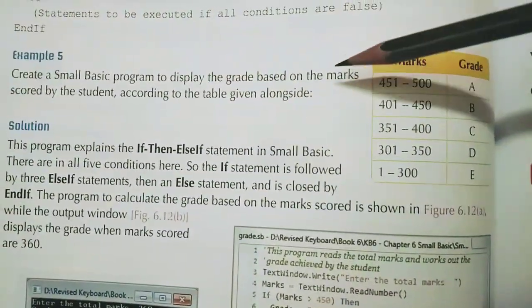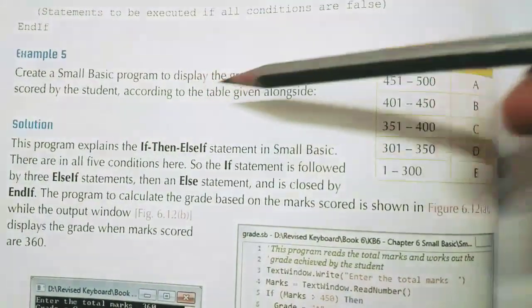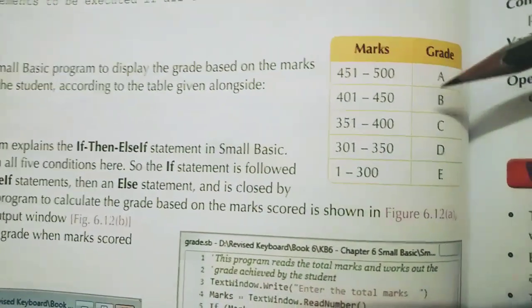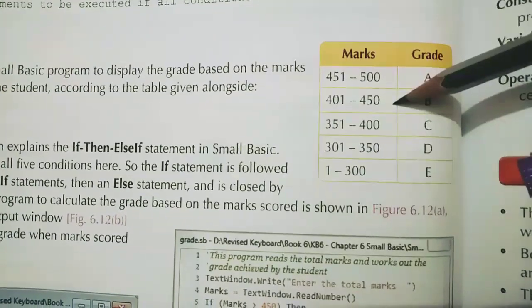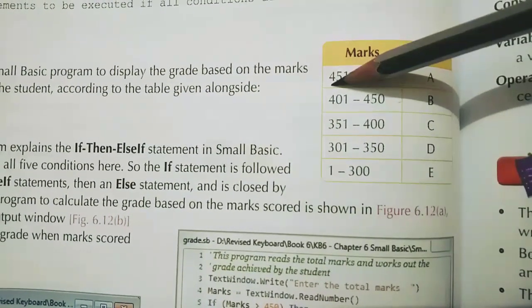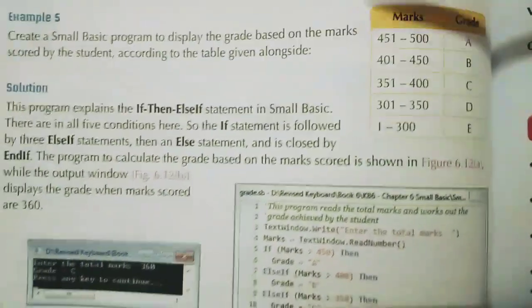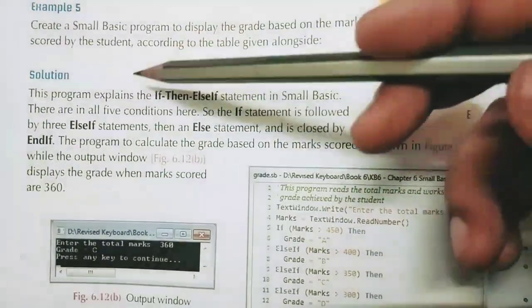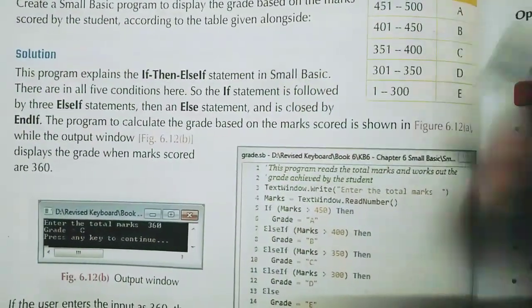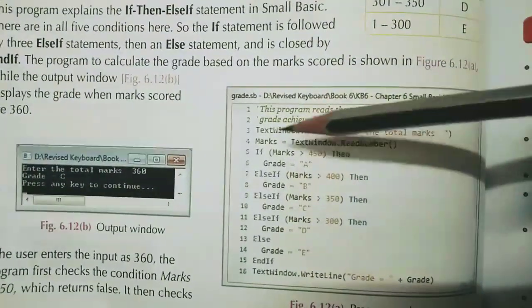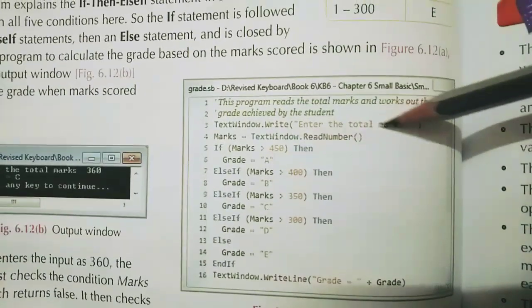Create a small basic program to display a grade based on the marks scored by the student according to the table given alongside. So these are the marks obtained by the student and the grade. In range this to this, A grade, this to this, B and C, and so on. So what to do here: text window dot write to enter the total marks.